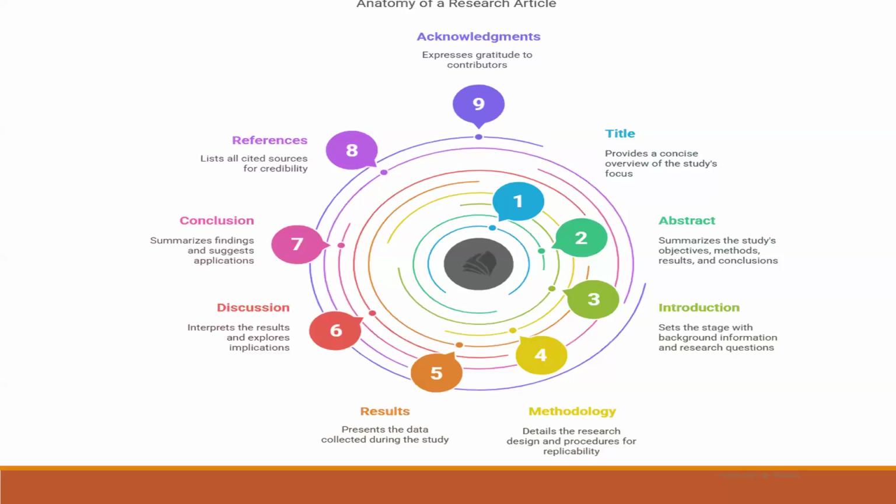Then the conclusions and recommendations. Here we summarize the findings and suggest applications. And then after that, we have the references. This is a list of all cited sources for credibility. And then we could have sometimes annexes that are talking about any supplementary information, or if you had maybe questionnaires and you want the reviewers, as they review your work, to also look at the questionnaires or some protocols that you used in your study just to make it authentic. And then also sometimes you have the acknowledgement, where you are acknowledging whoever supported this work, if it's a donor or a funder, or somebody went to the field and helped you collect data, but then they are not part of the writing.